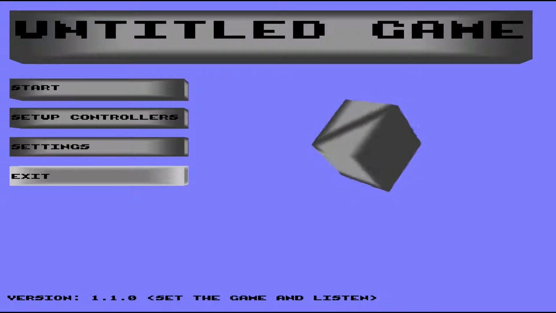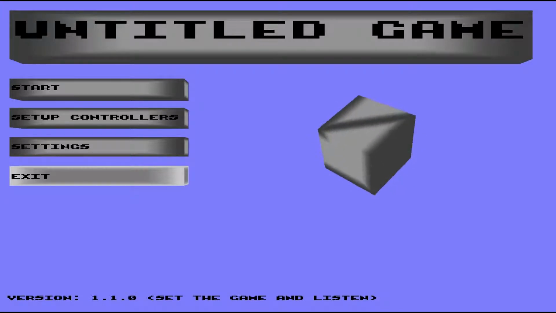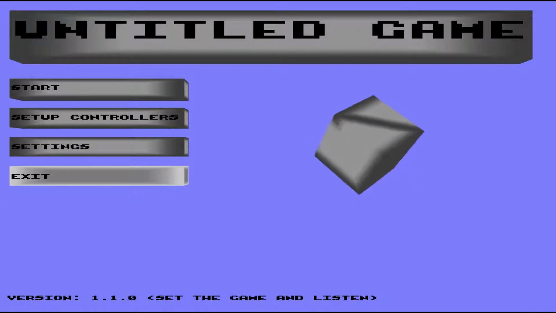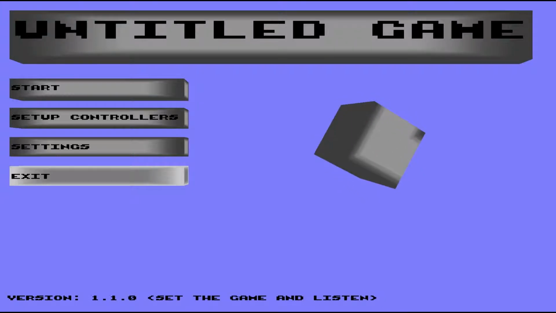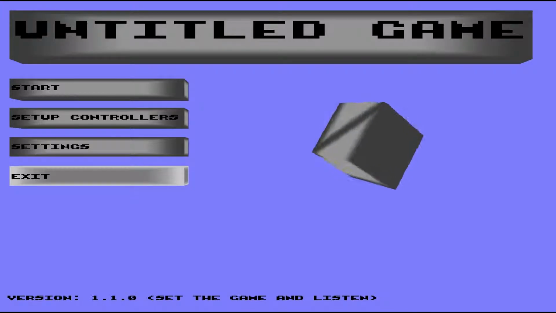So I'm going to give you a walkthrough of version 1.1, otherwise known as Set the Game and Listen, and I'm going to describe and explain the features. Set the Game and Listen was an update with the intention to implement an audio system and a few settings. I can issue commands currently within the console, but eventually there'll be buttons